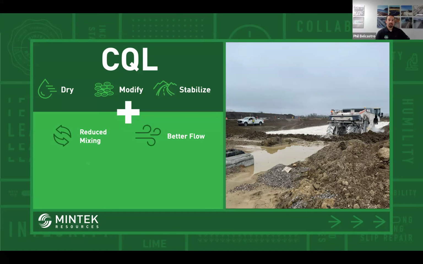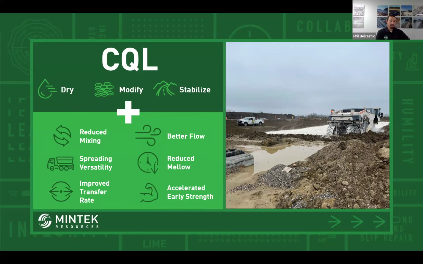we're really here to talk about these additional benefits that we are seeing and realizing and very excited about on the CQL side. We're going to go through each of these individually, but at a high level, here's what we found. We can reduce the mixing. We're going to get better flow. We have increased spreading versatility. Reduced mellow is a huge one. Improved transfer rate, talking about advantages for our guys out there driving the trucks. And then accelerated early strength. And we can talk to exactly how we're finding that. So